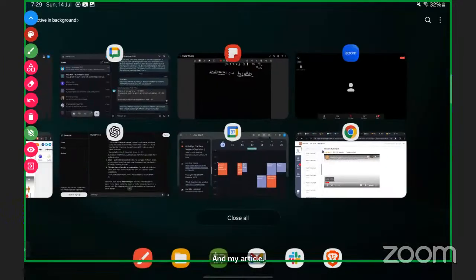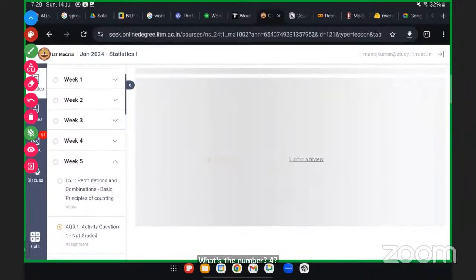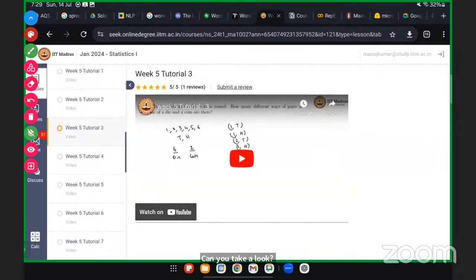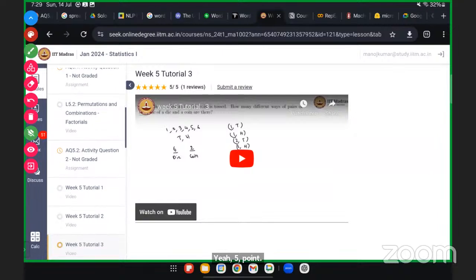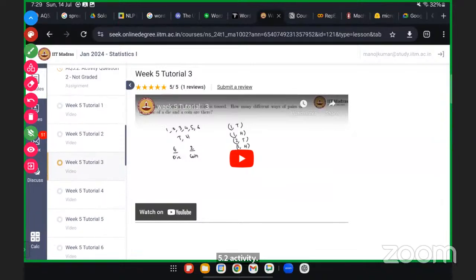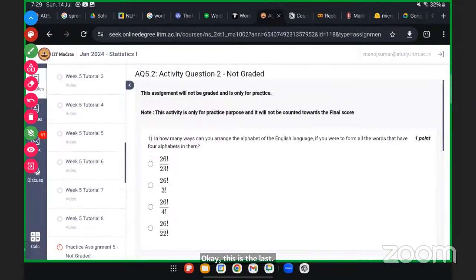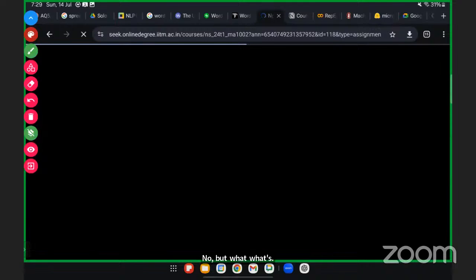Activity 5.1. सर activity 5.2 5.3. question number 4 Activity 5.2. 5.3, question number 1 and 4. Can you take a look? sir activity 5.2 question number 4 please sir Yeah, 5 point. Wait, where question is number 5.2? 4 5.3, 5.2 sir. activity There is no 5.3. There is only 5.2. Okay, this is the last. 5.4 तक है 5 point. तक है yeah 5.4 तक है its last is permutation combination permutation object not distinct and circular permutation